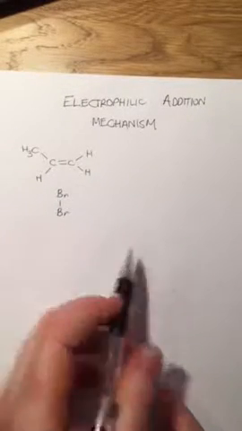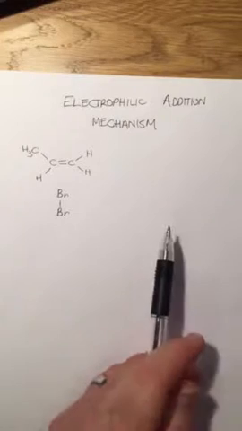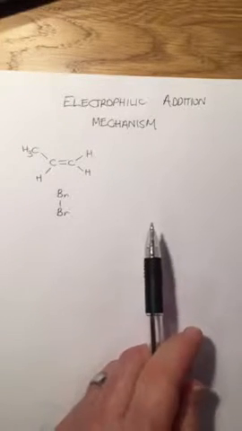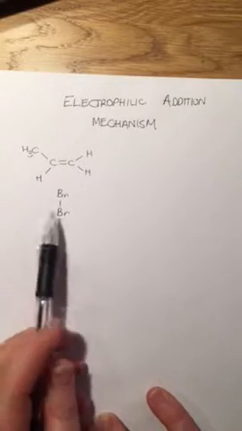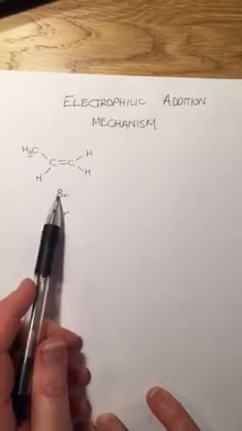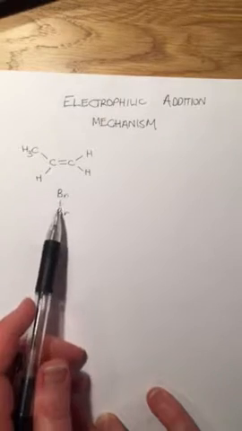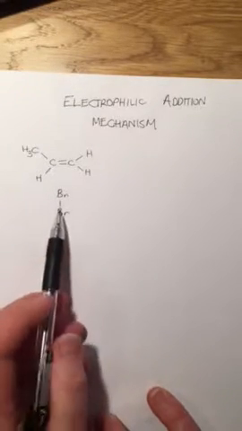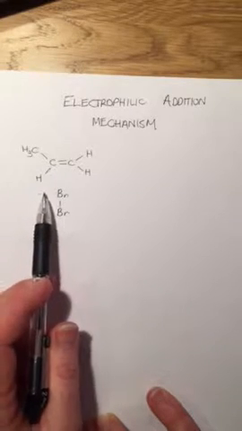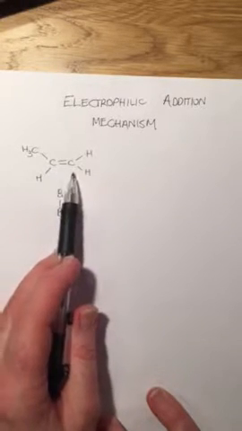In this video, we're discussing the electrophilic addition mechanism of alkenes with a molecule of bromine. Bromine is a nonpolar molecule because both atoms are the same, they have the same electronegativity values. However, when a bromine molecule approaches an electron-rich alkene, such as propene here,